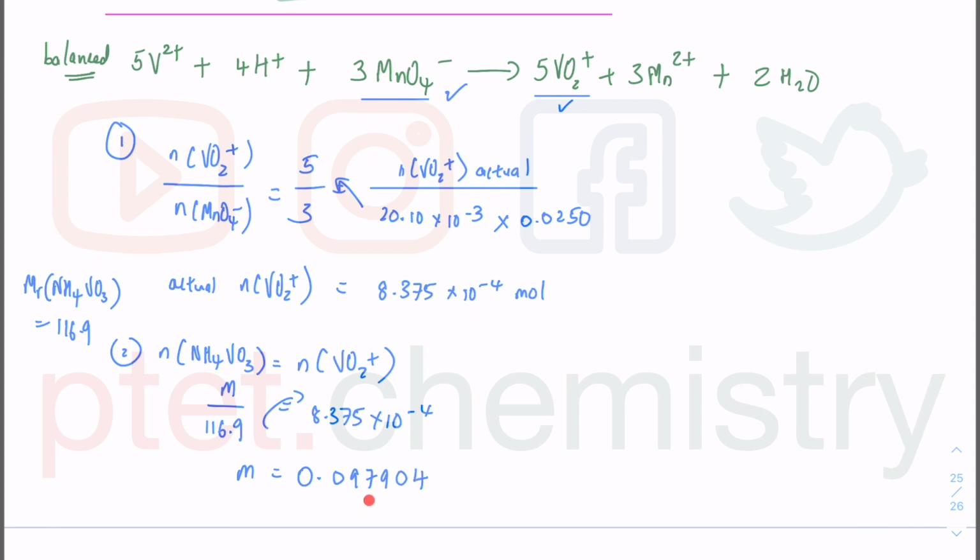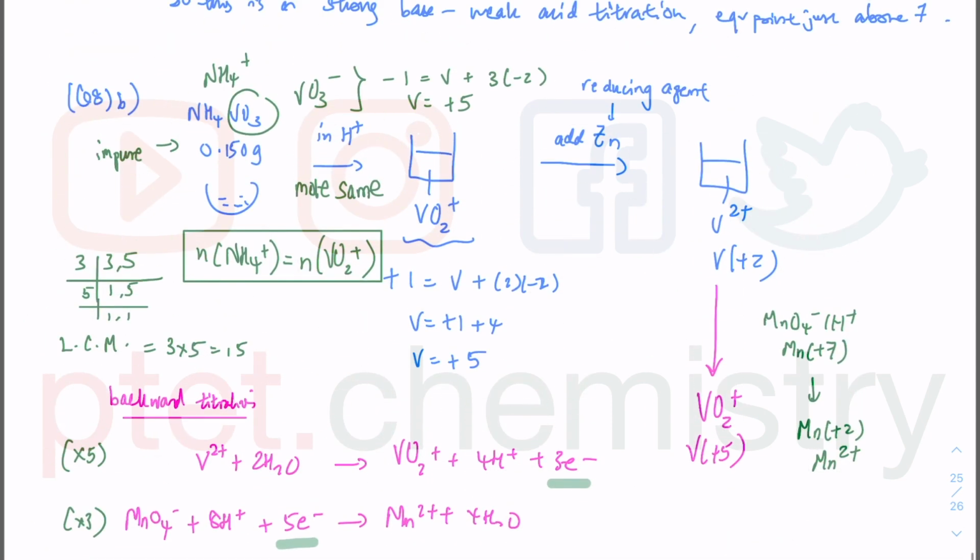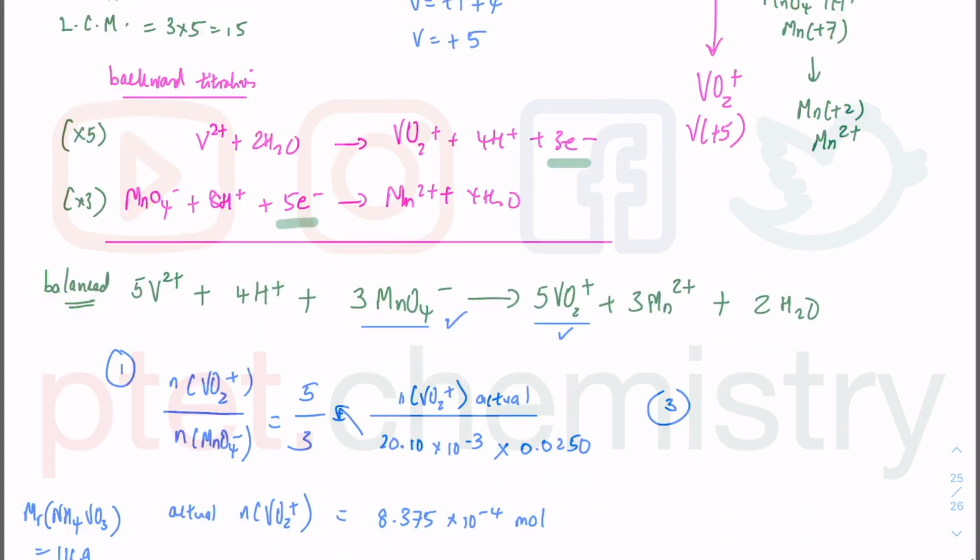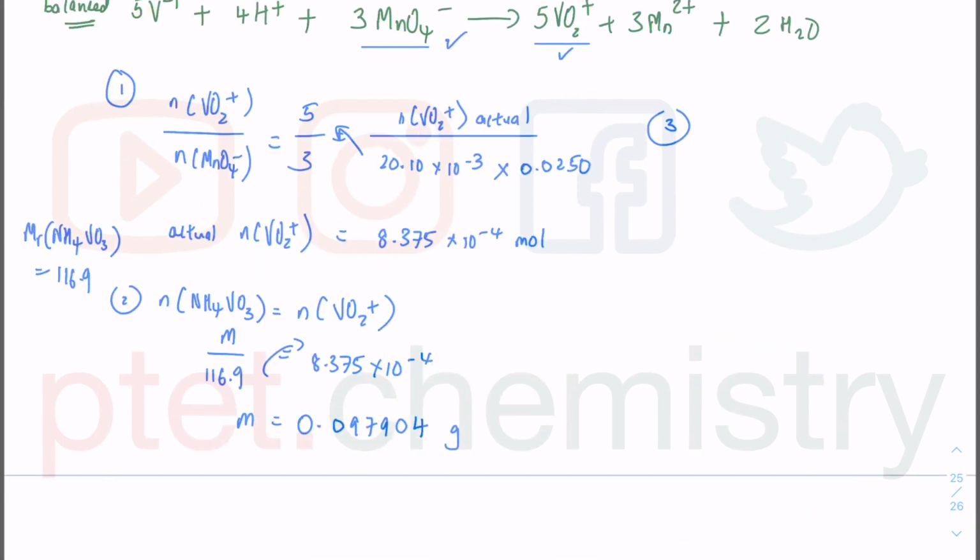So 0.097904, because the next number is 375, so I will just round it up there. This is not my final answer. This means out of the 0.150 gram, which was impure, only this much is the percentage of NH4VO3. So it's 0.097904 gram divided by your original mass, which was the impure sample, times 100%. So what you have now is gram and gram cancel out. So that previous answer divided by 0.150 times 100,